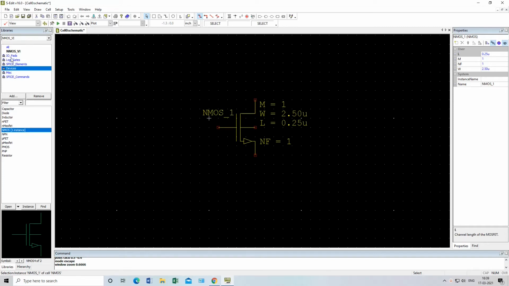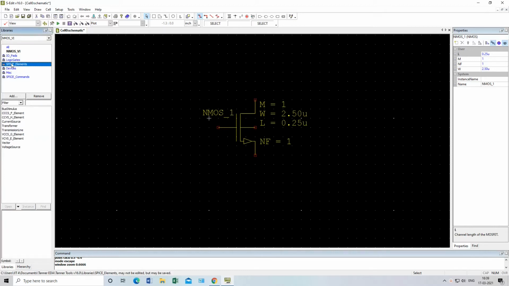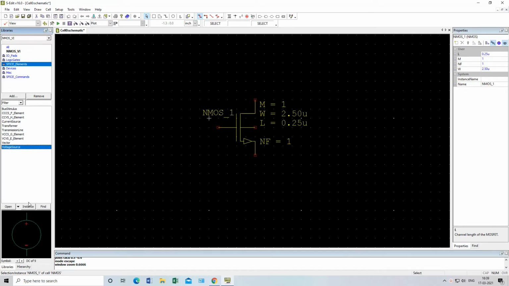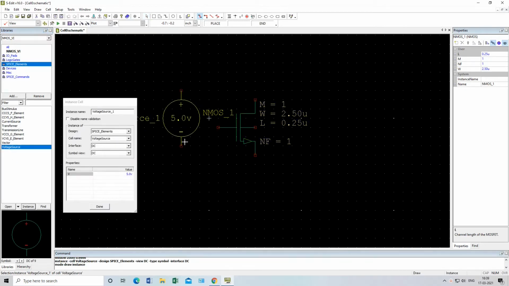Now what are the other elements we need? We need a voltage source, because I am going to draw the NMOS VI characteristics. So we need VGS and VDS, and here we can select different types of voltage source, AC, DC, bit, but in NMOS characteristics we need DC voltage.